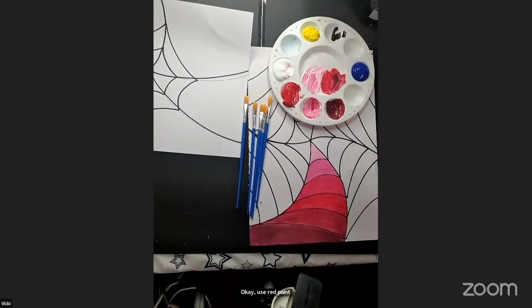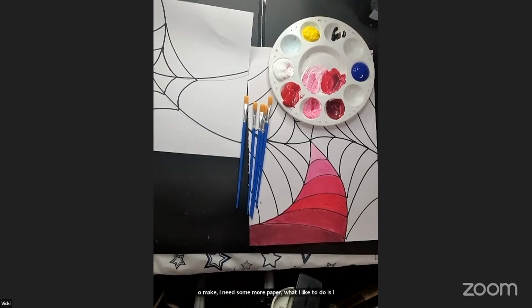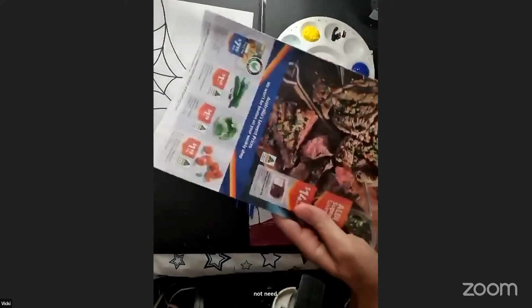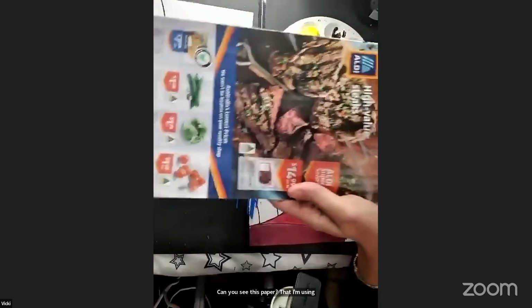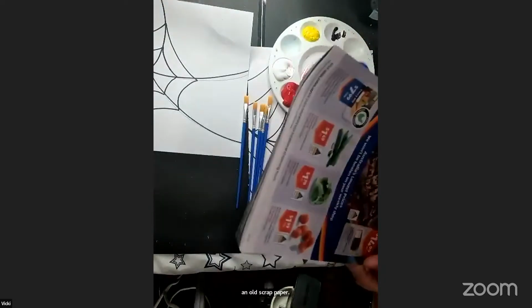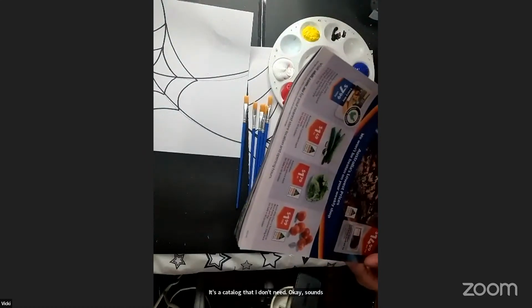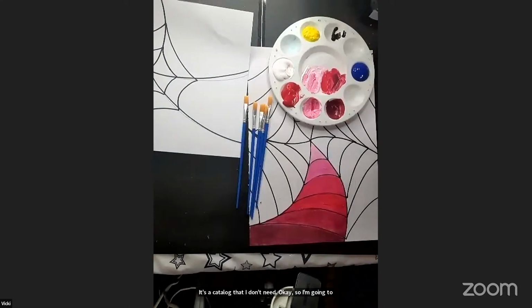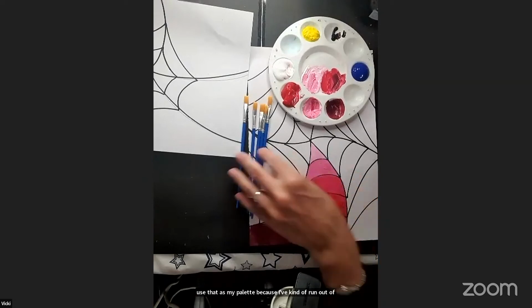Okay. All right, now I need some more paper. What I like to do is I like to get some newspaper that I do not need. Can you see this paper that I'm using here? It's just an old scrap paper. It's a catalog that I don't need. Okay, so I'm going to use that as my palette because I've kind of run out of space. And I need now to make